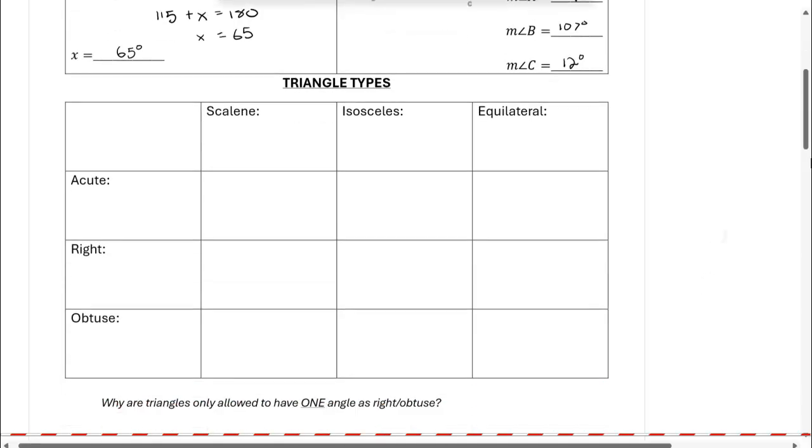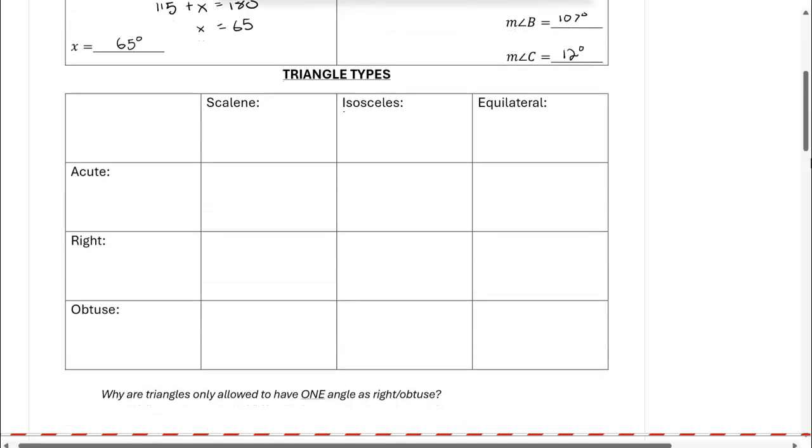Okay, so moving on, we're going to look at some triangle types. Across the top, we have scalene, isosceles, and equilateral. These refer to the sides of the triangle. Along the left side, going down, we have acute, right, and obtuse. These are about the angle measures